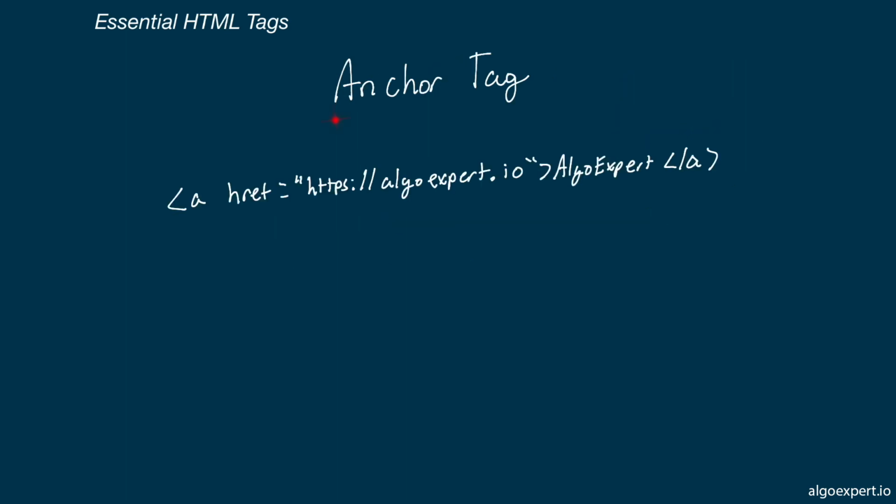Next, we have the anchor tag, and this is how we make hyperlinks. So this is the hypertext portion of HTML. The anchor tag allows us to link to other documents on the web, or even other places in the same document that we are currently on. So we use the anchor tag as just the letter A, and we have the href property, href, and this contains the link that we're going to. This can be an absolute or relative link. So in this case, we have an absolute link of algoexpert.io, and then inside of the A tag is the actual content. So in this example, if you clicked on AlgoExpert, it would bring you to the href,